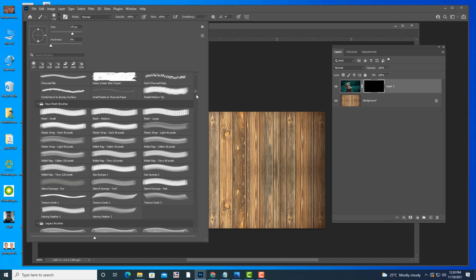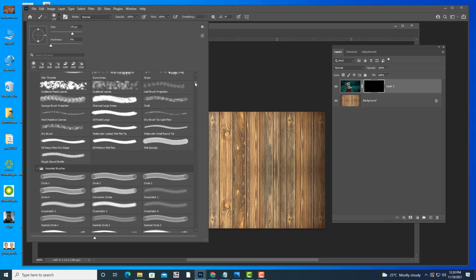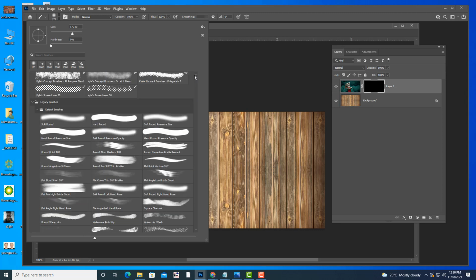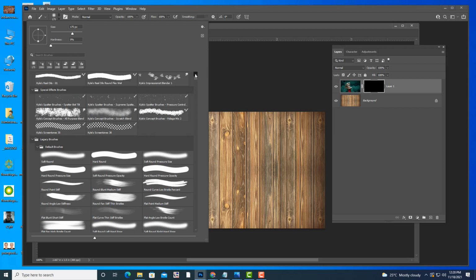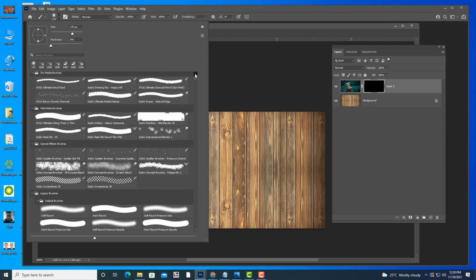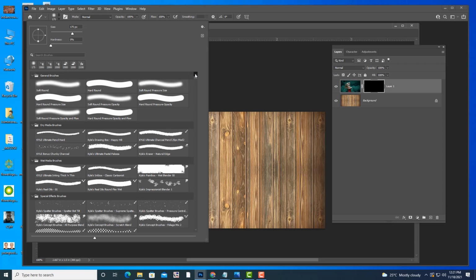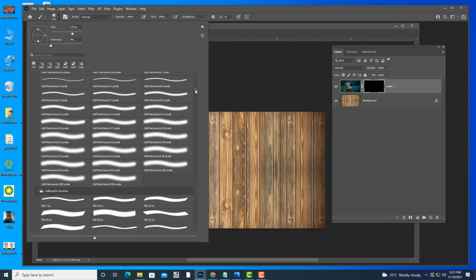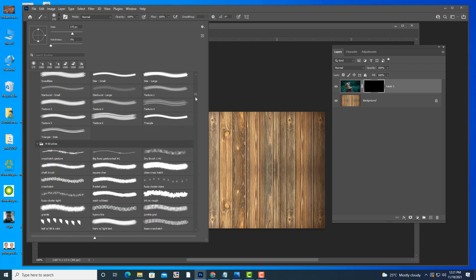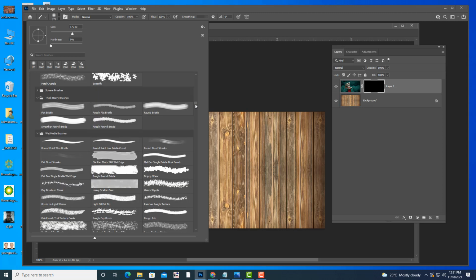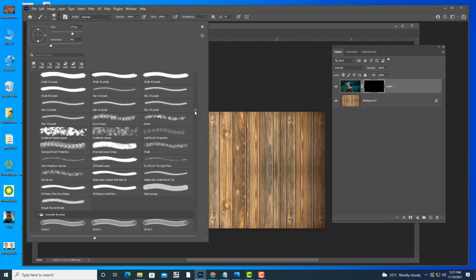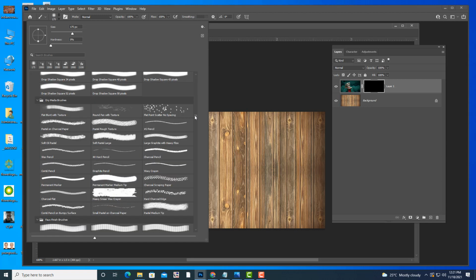So actually the system is a little bit slow. Just wait a minute for some time. Okay, just a minute. These are natural brushes.